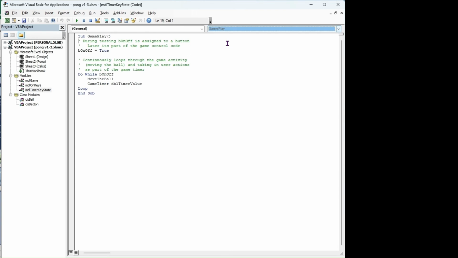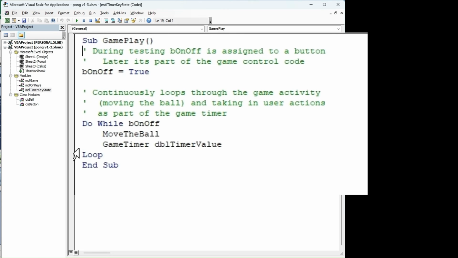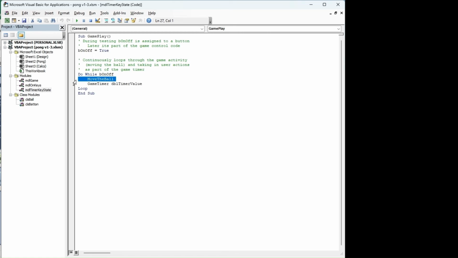and gameplay, our game loop is we go to game timer, and we've been through that before. The call before that is move the ball, and move the ball resides in MDL game, and this is where the logic of the game lies. So if we go over to there,